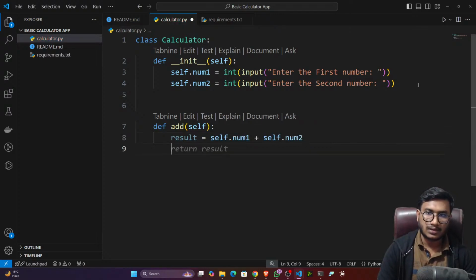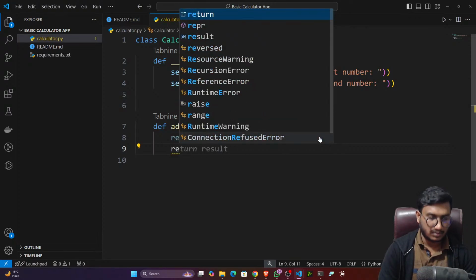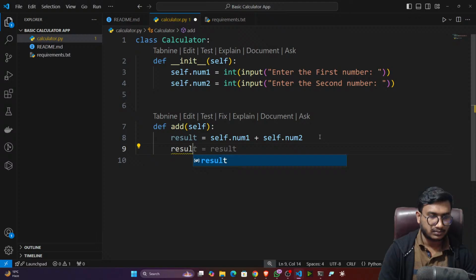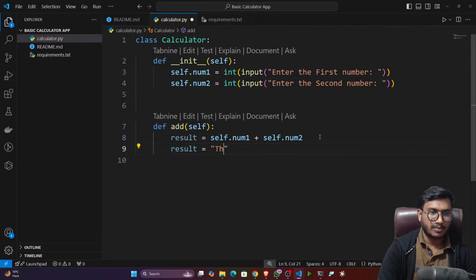Then once it is done, I will show this in a message. Let me show you. So here you can show it like that. Let's say result is equal to, you can give a message, the sum of